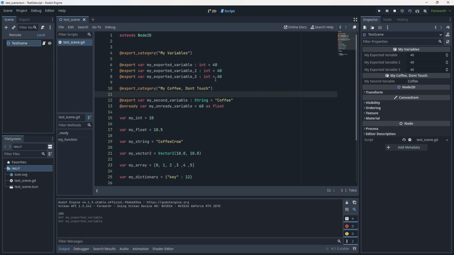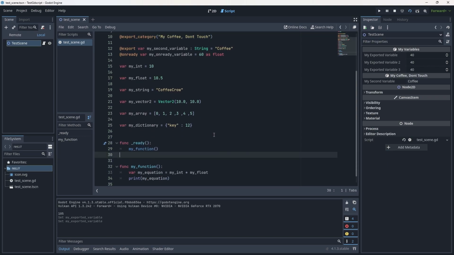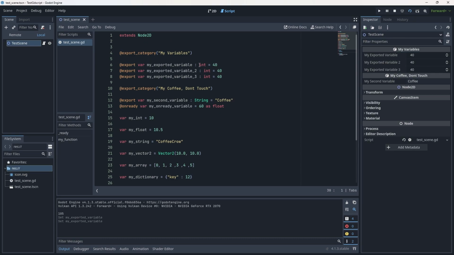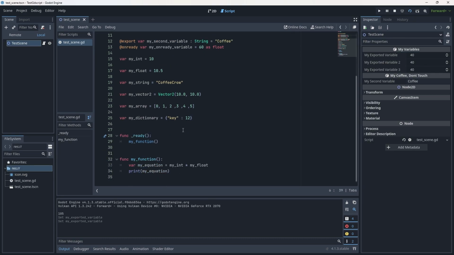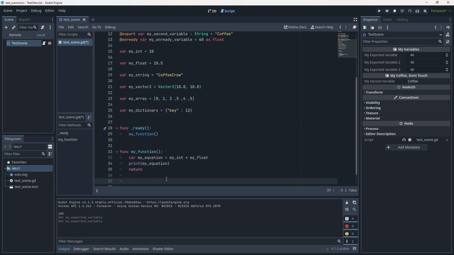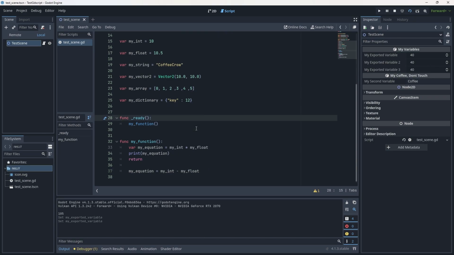Now I'm going to hit Control S and save. I'm going to scroll all the way down, and we're going to be looking at the same type of typesetting for functions. Functions have a thing known as a return mode or a return variable, meaning if I go into my function and I type return, what this is going to do is run the function, and as soon as it gets here, it's going to stop, which means any code after this, so let's say my equation is equal to my int minus my_float, then I hit Control S and save,